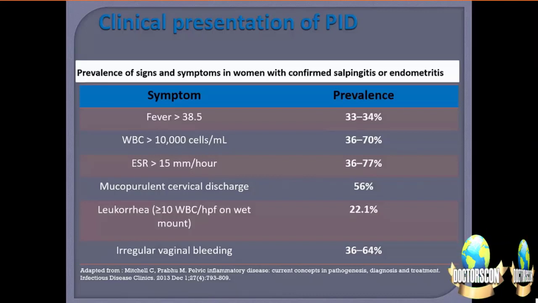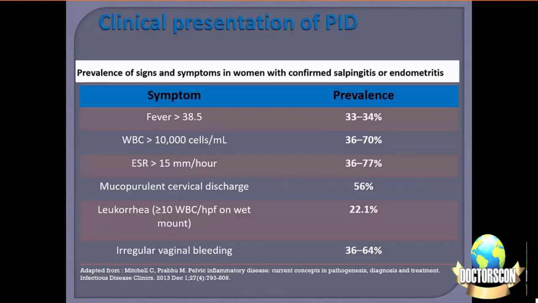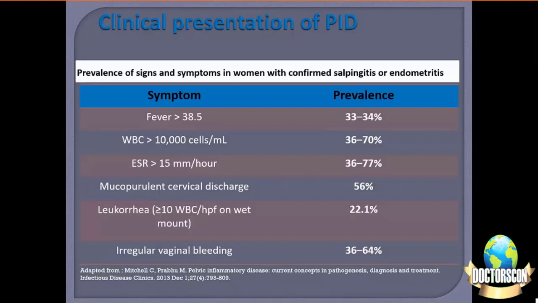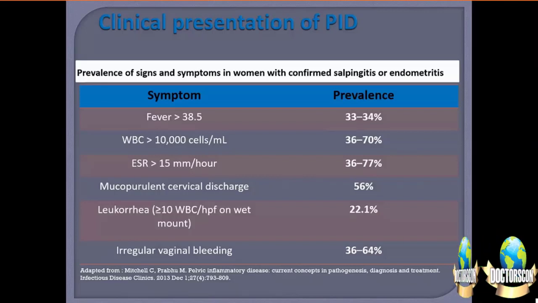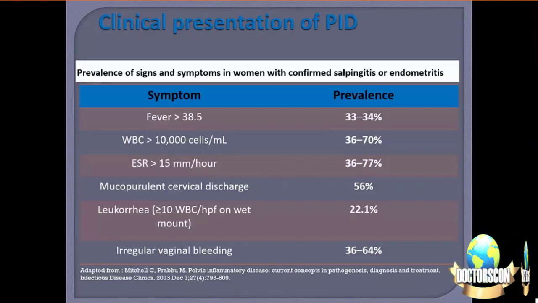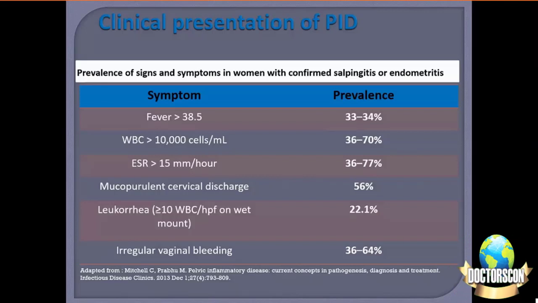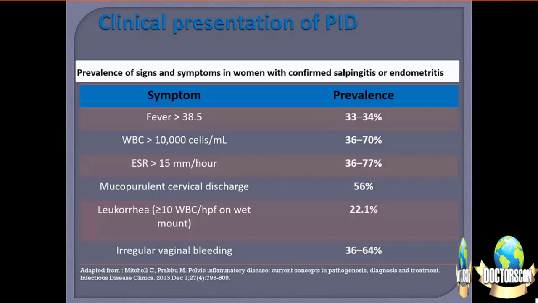Now, in terms of blood tests, as I said, an elevated ESR or C-reactive protein or a high white cell count supports the diagnosis. The absence of endocervical or vaginal pus cells on Gram stain examination of a vaginal smear has a good negative predictive value, which is 95%. That means if you do an endocervical swab and you do not see any pus cells, or you do a Gram staining of a vaginal smear, it has a high negative predictive value. That means it's unlikely that the woman is going to have PID. Next.